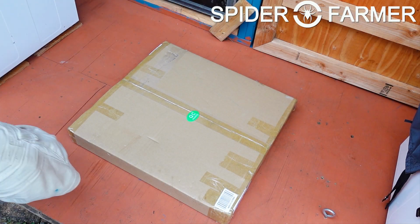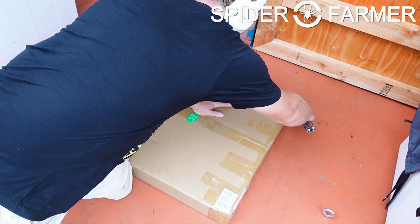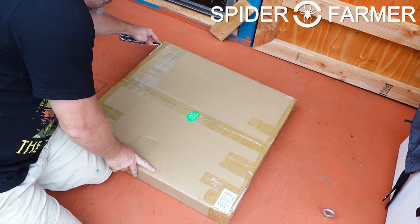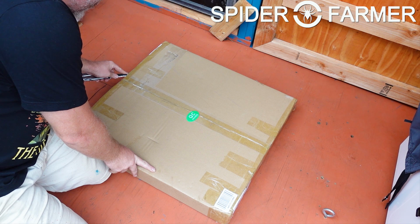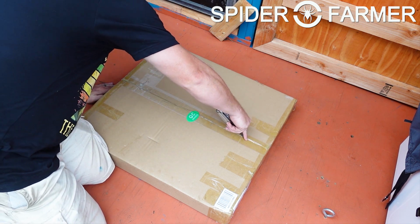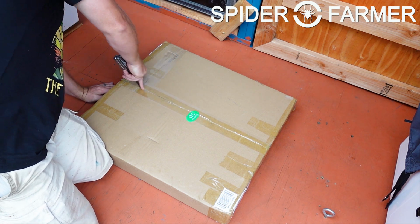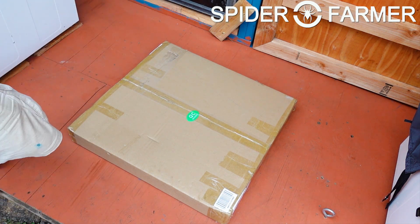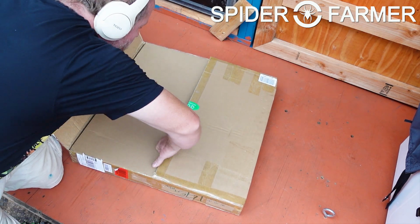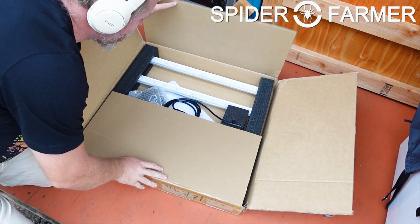As always, the first thing we need to do is get the light out of its packaging. When I first looked at the box that the SE3000 EVO comes in, I was really surprised, as it was pretty obvious from its shape that this light was already going to be mostly assembled. All of the other Spider Farmer bar-style grow lights that we have checked out in the past all needed to be completely put together by attaching the light bars to the hanging bars, but this one was going to be